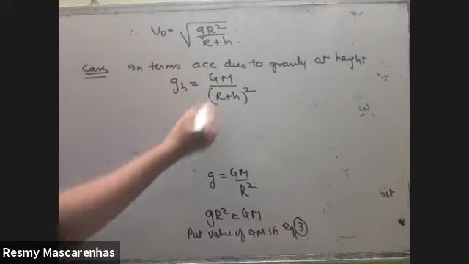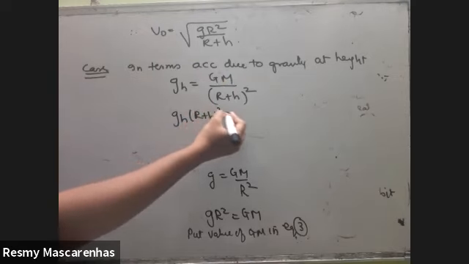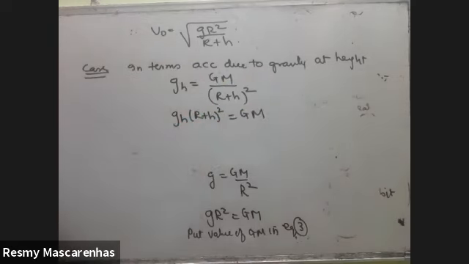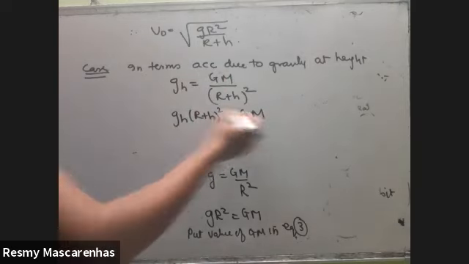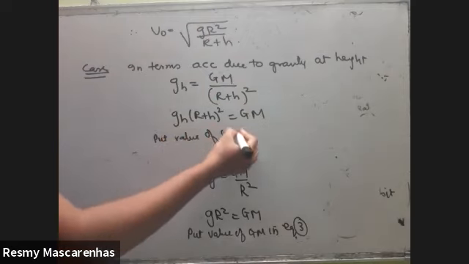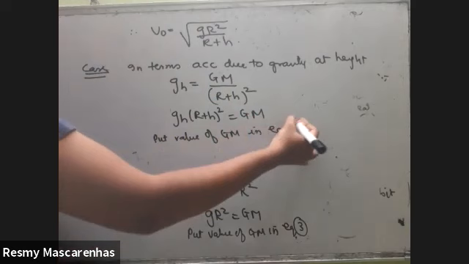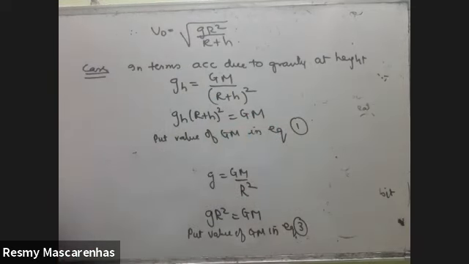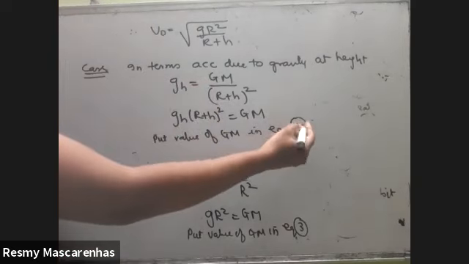So what is the value of Gm here now? gh into R plus H the whole square is Gm. Just take this up. So now you can put value of Gm in equation 1 or equation 3, it will be, no? We had marked